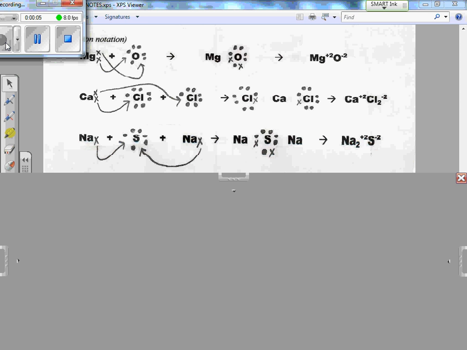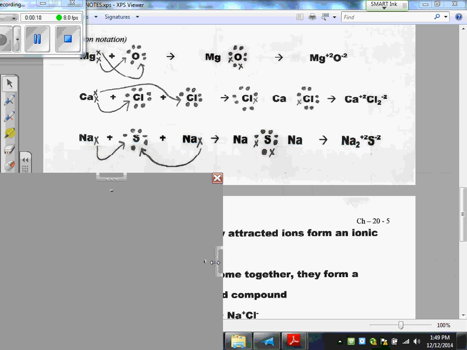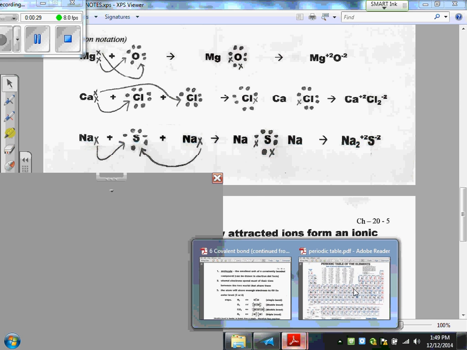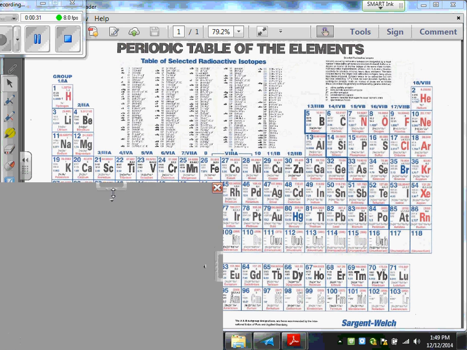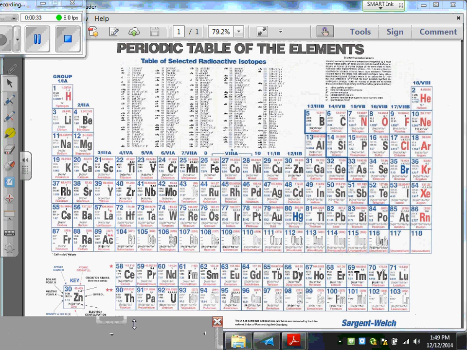This is where we left off yesterday, and these are our electron transfer diagrams. And these are for ionic compounds. When an atom actually donates an electron, well, they say donate, but really the only reason why it moves from one atom to the next is because of the force of electricity. And if you look at these, and I'm sure you all did study this because we talked about it yesterday,